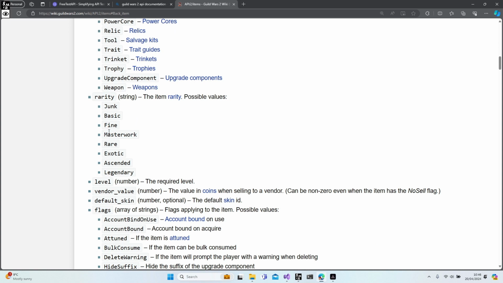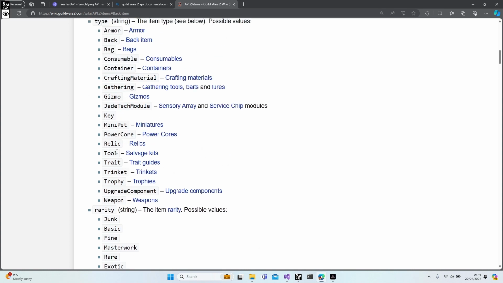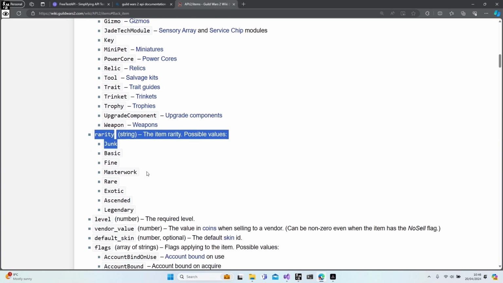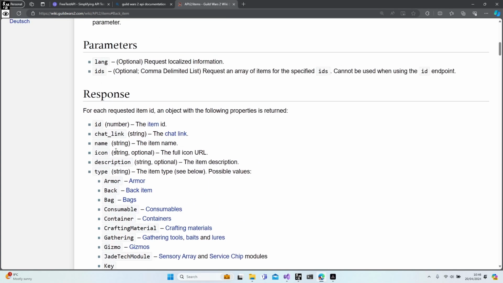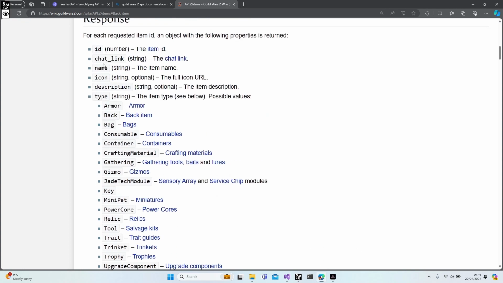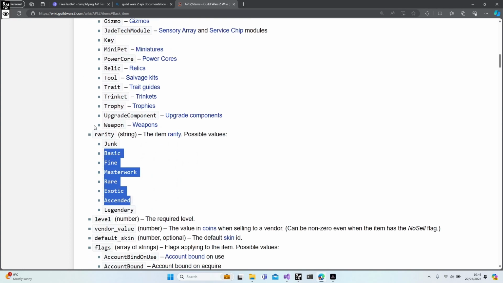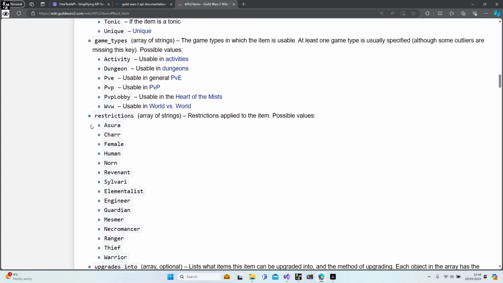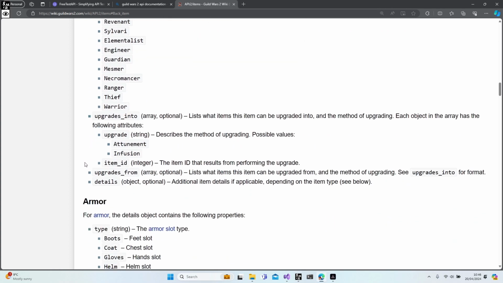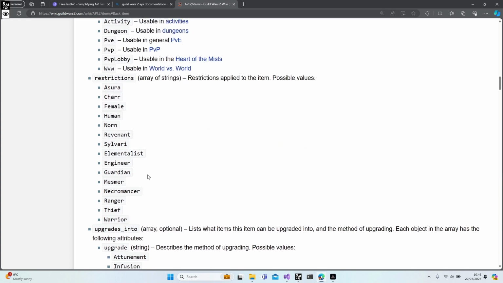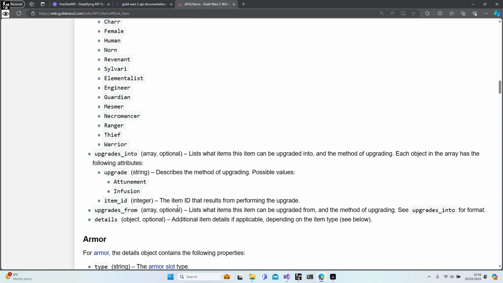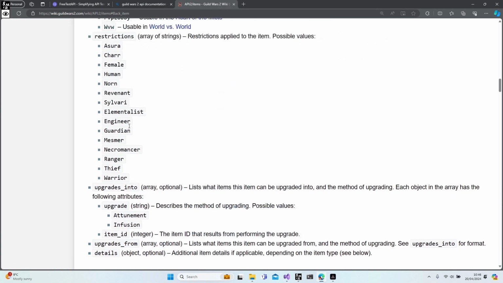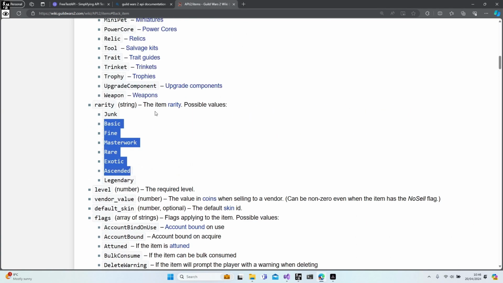Junk, basic, fine, master, mythic, string. All right, this is the property, and these are the return types. All right, we can do it, I guess. 1, 2, 3, 4, 5, 6, 7, 8, 9, 10, 11, 12, 13, 14, 15, 16. These are optional, optional, optional. We can skip the optional ones. All right, let's try to create this model first. Then